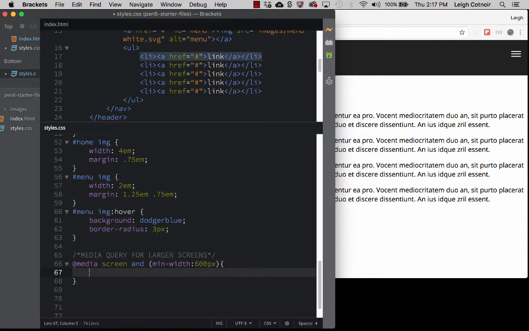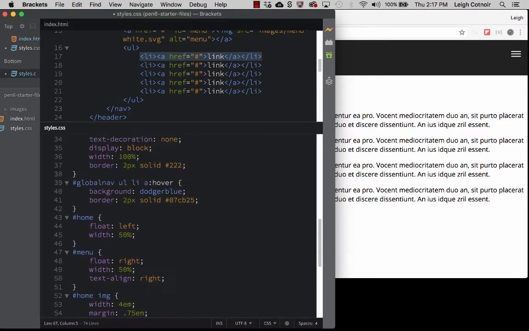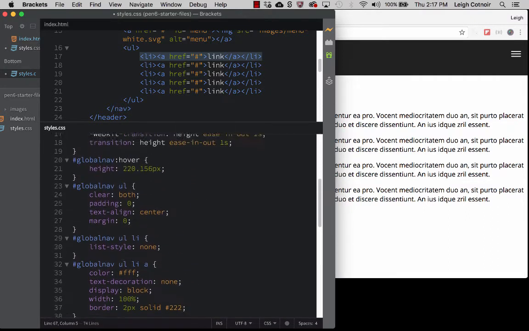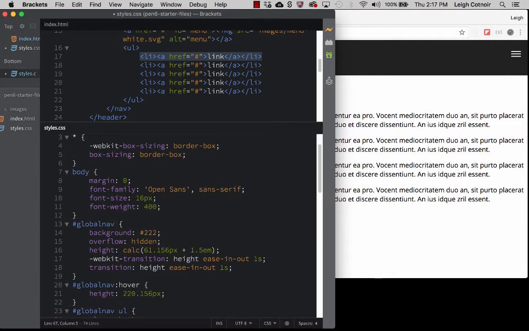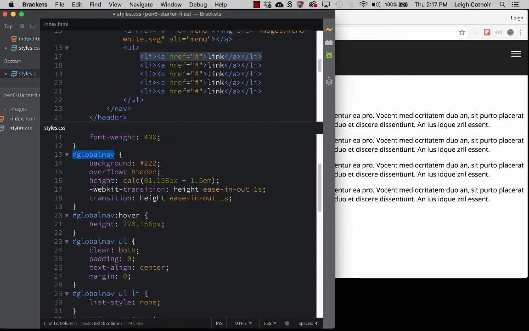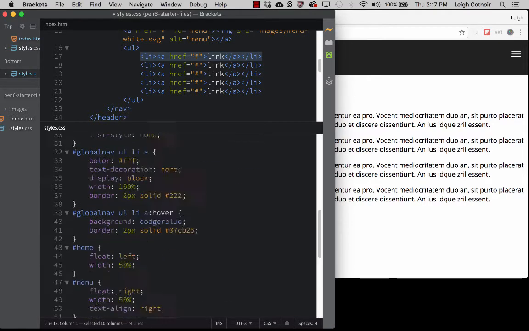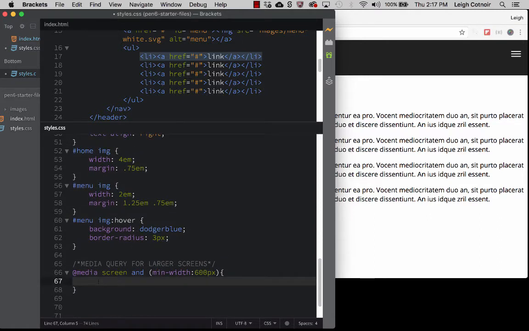Okay. And so the first rule that we want to fix is that we want to make sure that this global nav and the global nav hover are not going to be weird calculations. So I'm just going to copy this global nav ID, and I'm going to come down here and make a new rule for global nav. And also, because I have a hover state, I kind of want to override that state just in case there's a problem. So I'm going to put a comma, and we're going to make a grouped selection, and we'll say global nav :hover. All right, and then I'm going to put my opening and closing curly brace for this